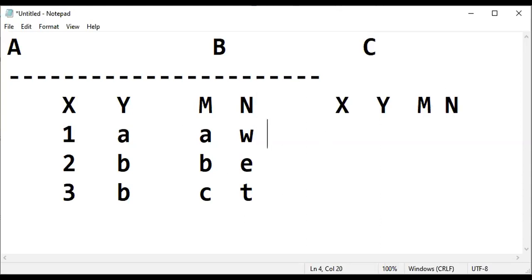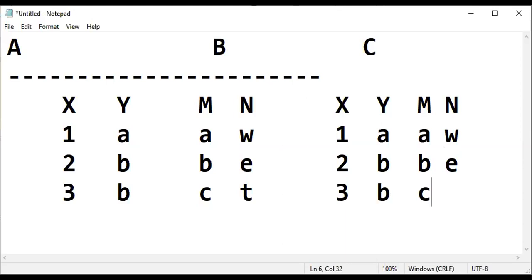The first row, let the common attribute be 1, so the common attribute is A, and this is also A, and this is W. The second row, for the joining of two relations, similarly you can see 2, B, B, E. So this is 2, and this is B, and this is B, and this one is also B, E. And finally, for 3, the same thing, you will get 3 and B, and this one is C, and B and E, B and E. So this is the actual result.